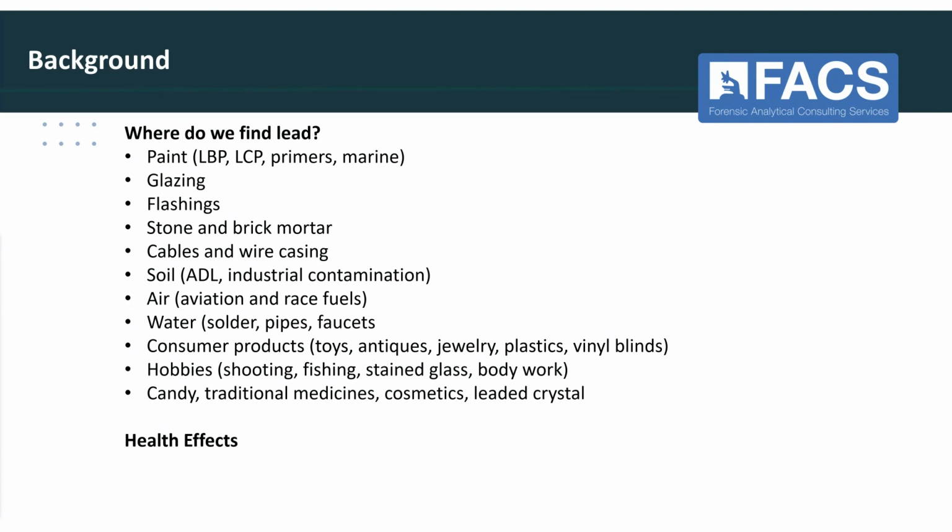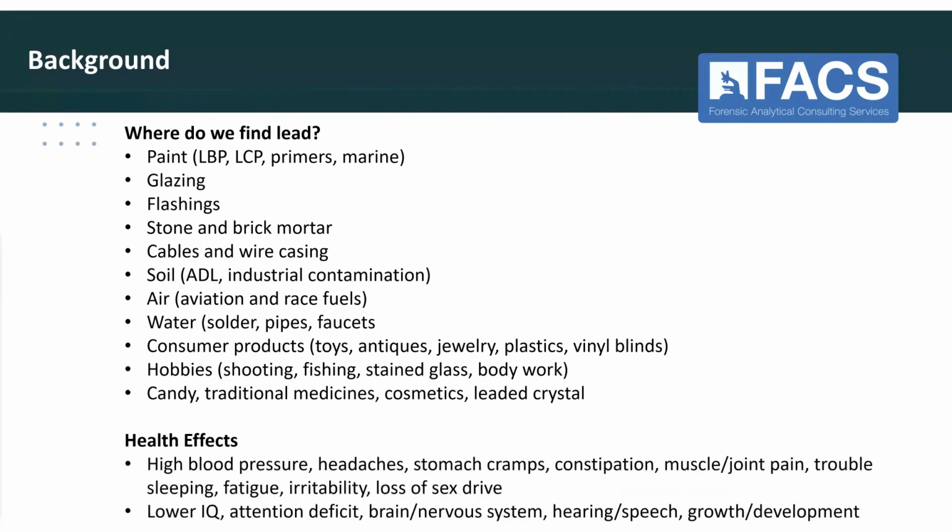And when we have exposures, it's difficult to point to a symptom and say, that's lead poisoning, because we don't tend to see those types of symptoms. There are some very distinct symptoms of lead poisoning, but we very rarely see those. It tends to be much more common types of symptoms, things like high blood pressure, headaches, things that we all have, right? We have all had headaches. We've all had muscle pain or joint pain. So it can be very difficult to